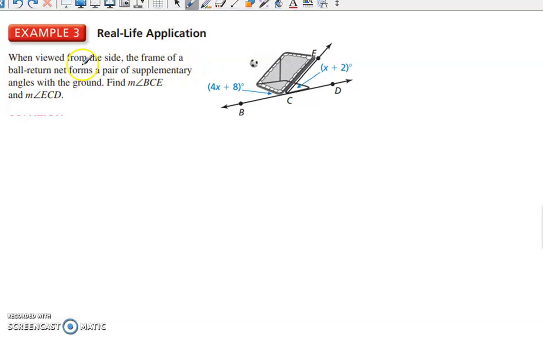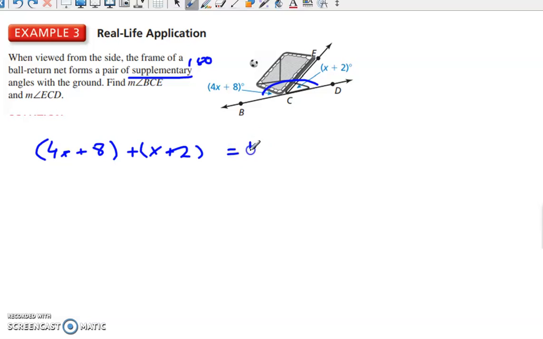Alright. When viewed from the side, the frame of a ball return net forms a pair of supplementary angles with the ground. Find the measure of angle BCE and the measure of angle ECD. Well, supplementary means that these form a measure of 180. That means when we add these together, by the angle addition postulate, we know that 4x plus 8 plus x plus 2